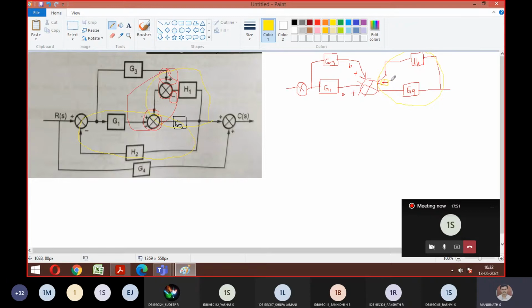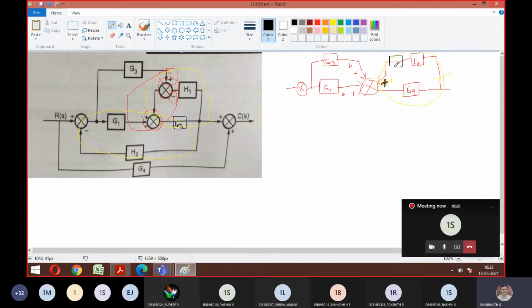If you solve the problem by taking minus, not an issue. If you solve the problem by taking plus, also not an issue. Both possibilities are there. Yes or no? So what is the one more possibility we told? Before that, this first possibility is understood to everyone. This is how it looks, right? Yes, sir. What I'm telling is, if I make this as plus, then what is the change I should make in the diagram?